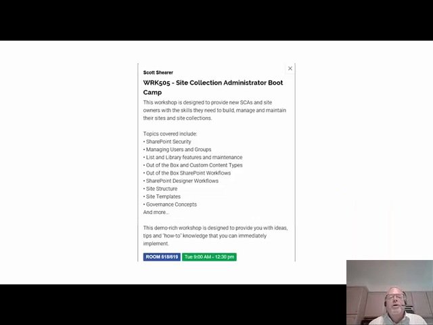Seattle. Here you can see the synopsis of the agenda from the conference website. As is indicated, it says we'll be talking about SharePoint security, managing users and groups, list and library features, etc., etc. I wanted to give you a little bit more context to exactly what it is we'll be doing on